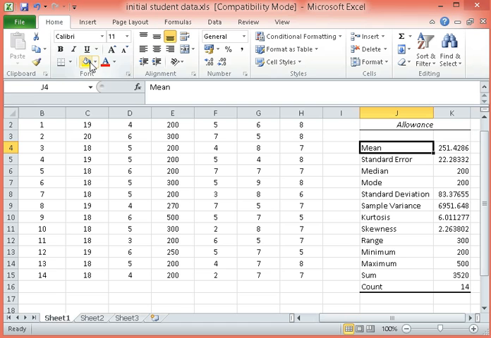So we have the mean, of course, the median, and the mode. Those are your measures of central tendency.